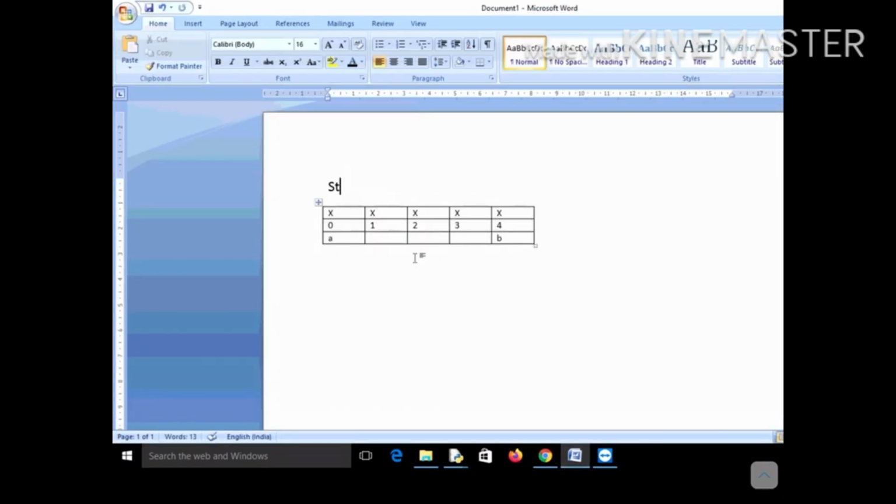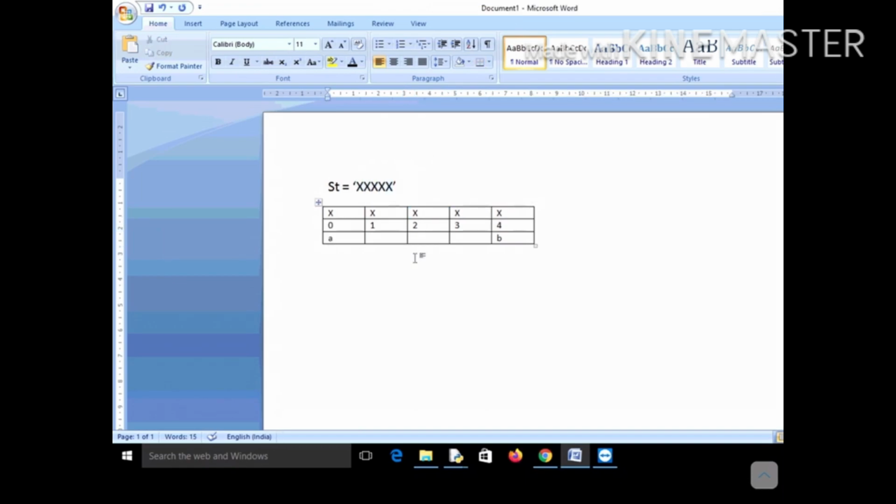Let's take one string. A string can have odd length or even length, isn't it? These are the only two things. So let's first consider a string of odd length. As on your screen you can see, I have taken a string of odd length, and its length is how much? 5. It comprises all x. For example, 1, 2, 3, 4, 5. So the string is 5 times x.